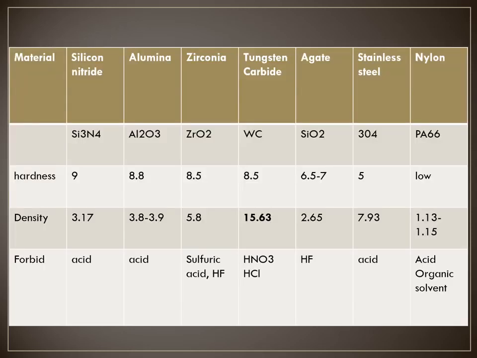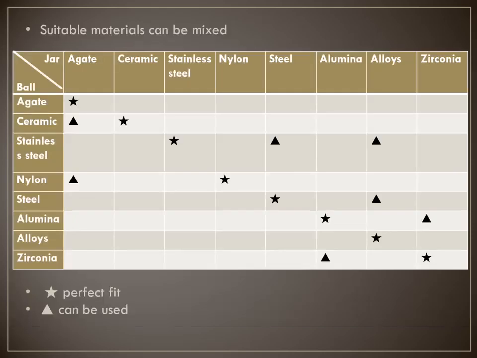Here is listed the density and the hardness of the classical materials that are normally used for jars and balls. You can refer to the hardness of the materials to choose materials that are harder than your treated materials. Then you get the suitable materials for your jars and balls. There is also the mixture of balls and jars that can be used. The recommendation is the same material for jars and balls, but a mixture can still be used,